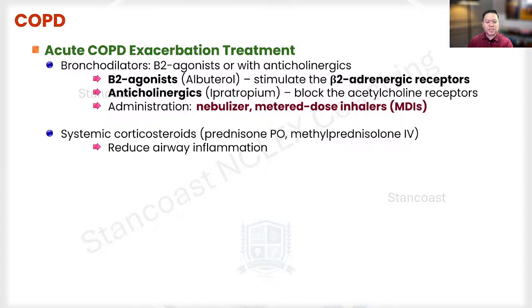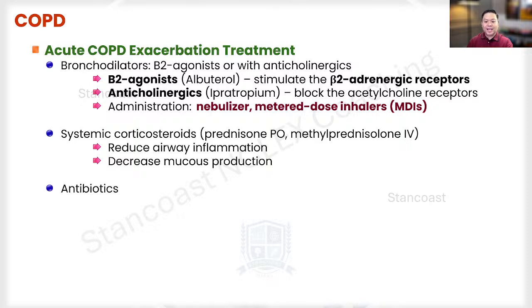Now moving ahead here, the corticosteroids are going to be useful in reducing the airway inflammation. There's also reduction in the mucus production, because if there is poor control of the inflammation within the lung tissue, the bronchus or the bronchioles, this can increase the production of the mucus. So make sure that we are administering the systemic corticosteroid in order to prevent this.